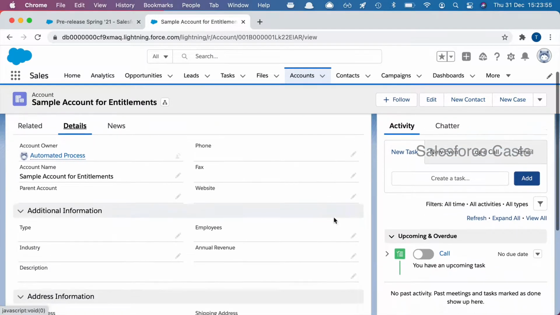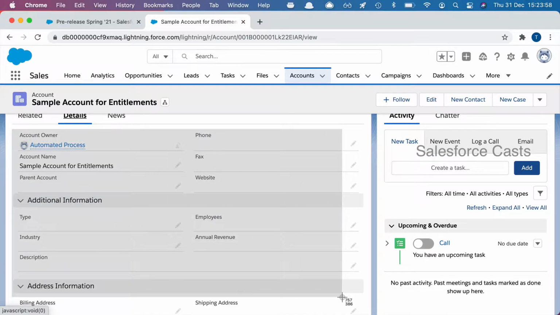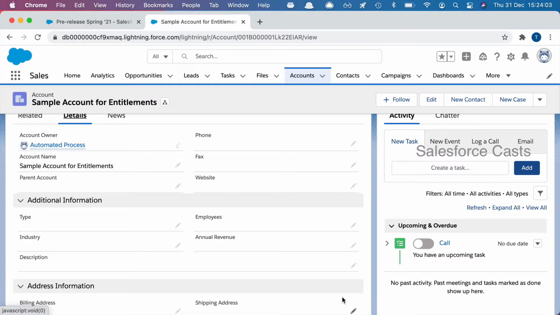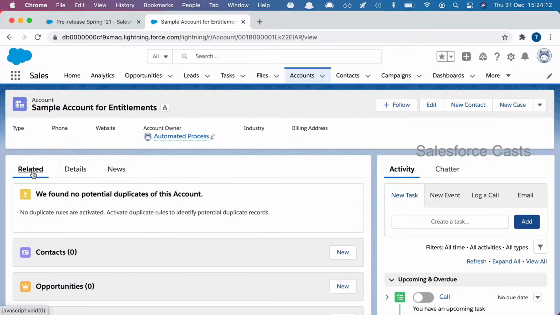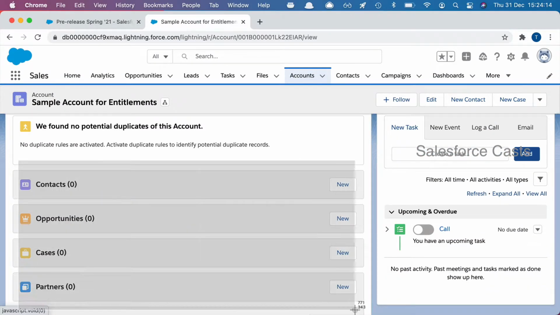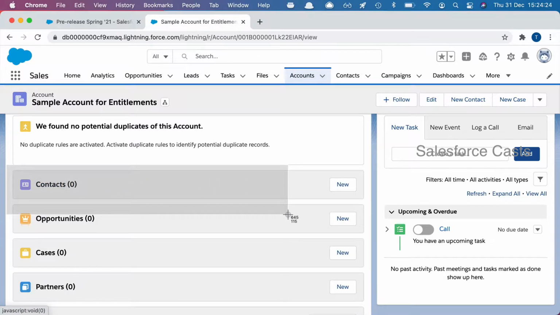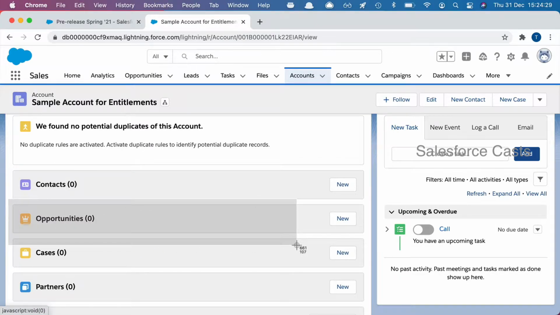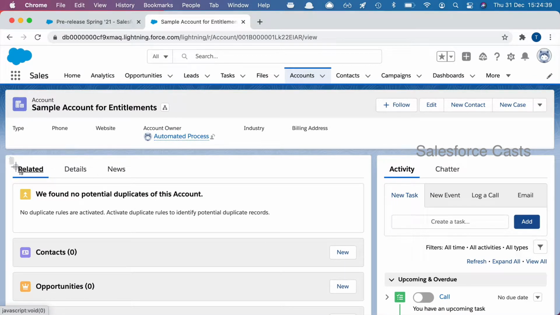When you click on details, that is when we get access to all the fields of the record, which in our case is an account record. And if you're interested in working with the related lists associated with this record, you need to click on related. Then all the records are grouped into objects. Here you'll find all the contact records associated with this account, followed by all the opportunity records associated with this account, and so on and so forth. So all the records are grouped into multiple related lists, and you get access to that section when you click on the related tab here.